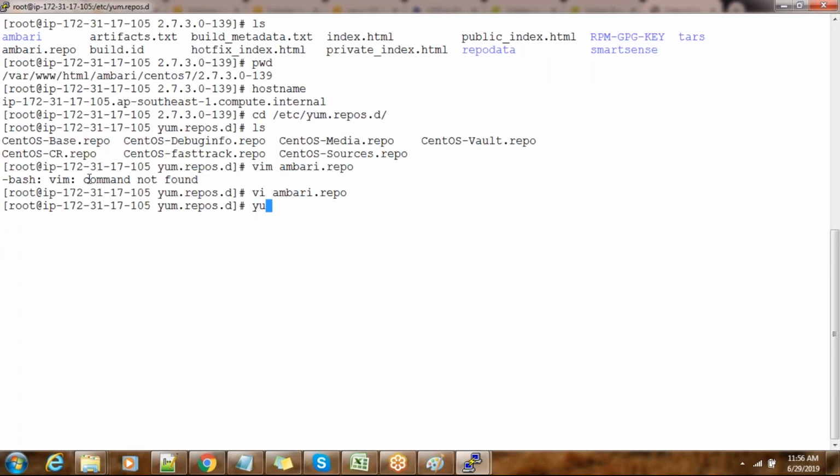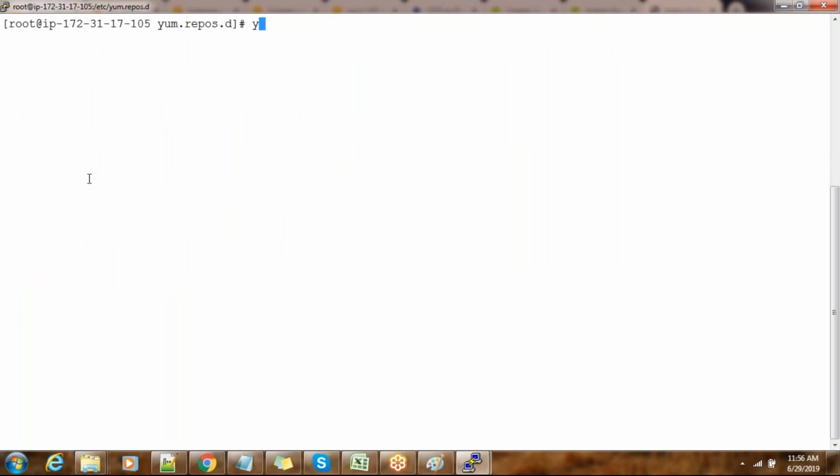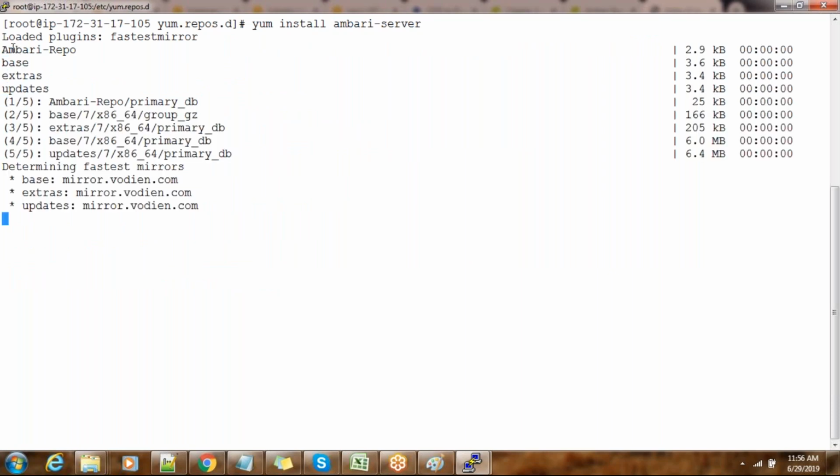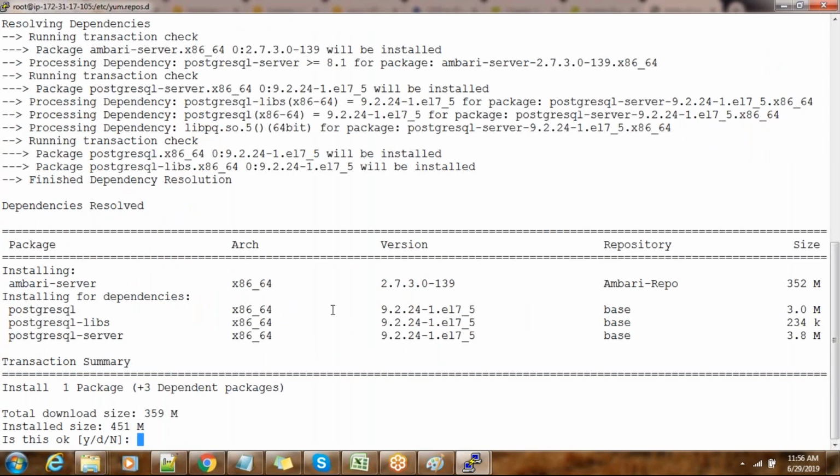Now let me run yum clean all, just cleaning the old cache. Then yum install ambari-server. It will check all the repositories, wherever Ambari server is available.